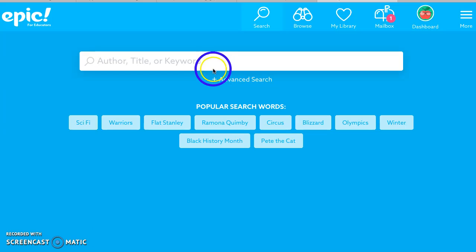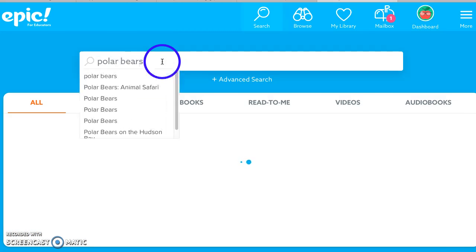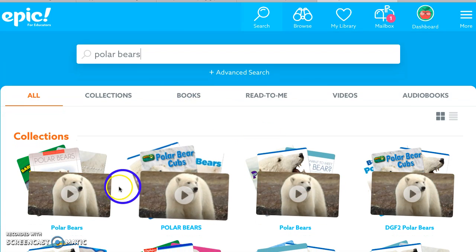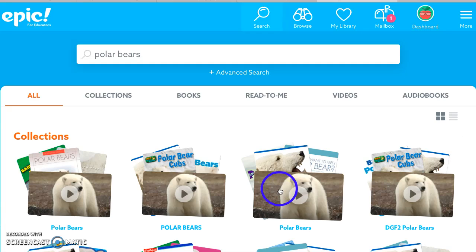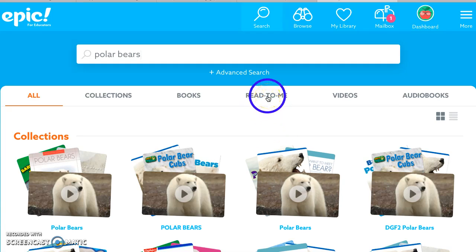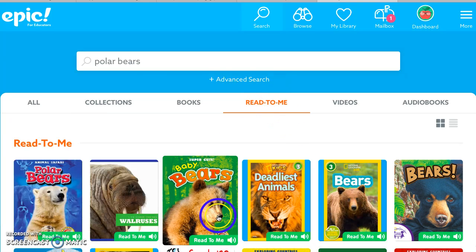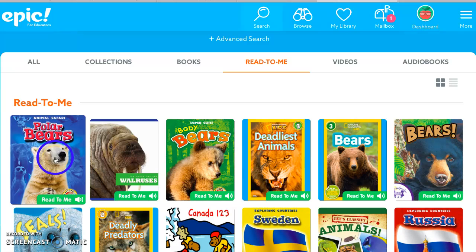One of the cool things about Epic is that you can create a playlist and assign it to your students. The first thing that you would do up here at the top is hit search. And then if you were going to search for polar bears, you would just type it in. And then there would already be some collections made. Especially for my younger kids, I like to go to the Read to Me section, just because these are all books that will flip the pages for them and the book will be read to them. So I'm going to click on this book,